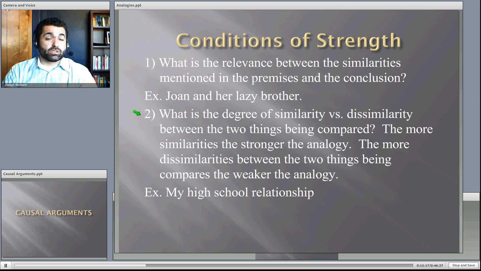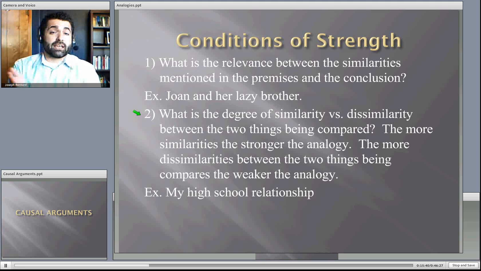If I use a lizard, and I make an analogy between the circulatory system of a lizard and a human, that's a better analogy than the tree. Still a lot of dissimilarities. But if I move up to a rat, a better analogy, more similarities. If I move up to a chimpanzee, an even better analogy, more similarities. If I then go from one human, if I look at Jane and her circulatory system, and then I make an analogy to John and his circulatory system, an even better analogy because there's more similarities between the two things being compared and less dissimilarity.